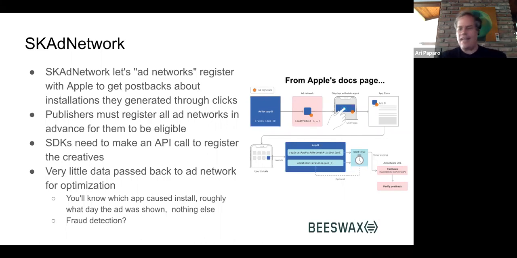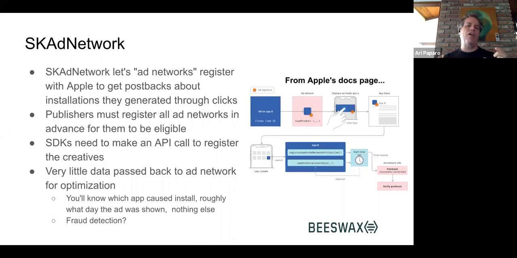So they let ad networks register to get postbacks about installation generated through clicks. That's basically the heart of it. Beeswax or another customer, we could register as an ad network with Apple, and we get click information. I'm sorry, we get conversions based on clicks. The app publisher then needs to register all ad networks in advance for them to be eligible. So think of it as you're publishing an app, you have 5 SDKs in your app for monetization, you're gonna